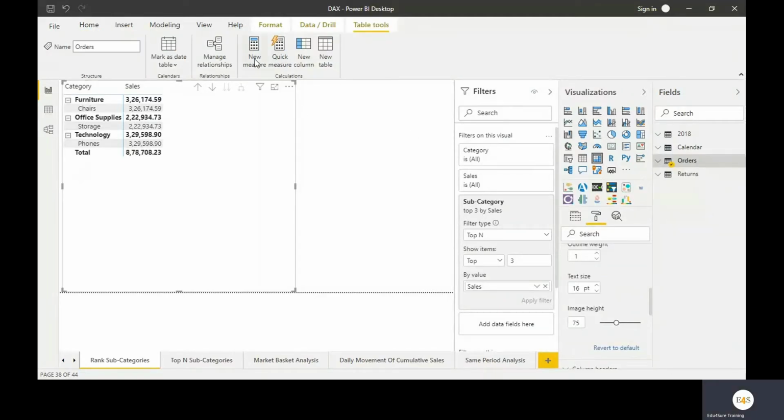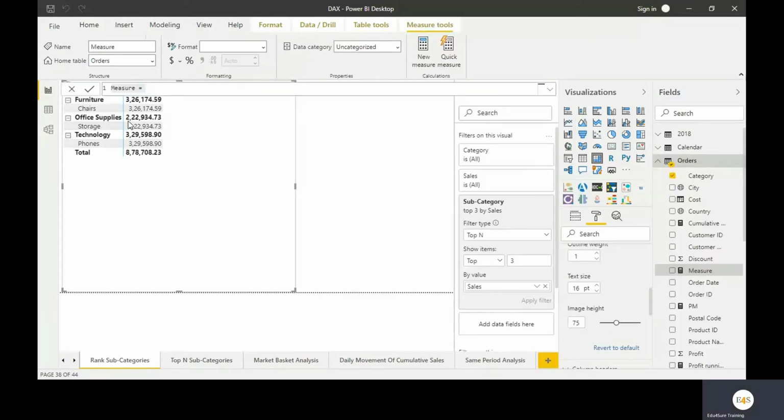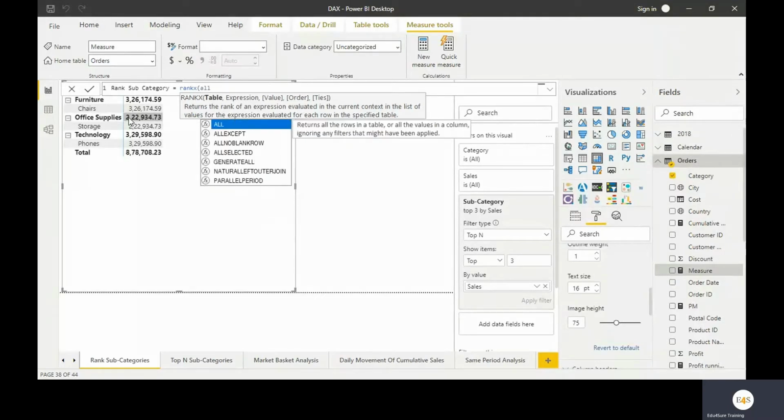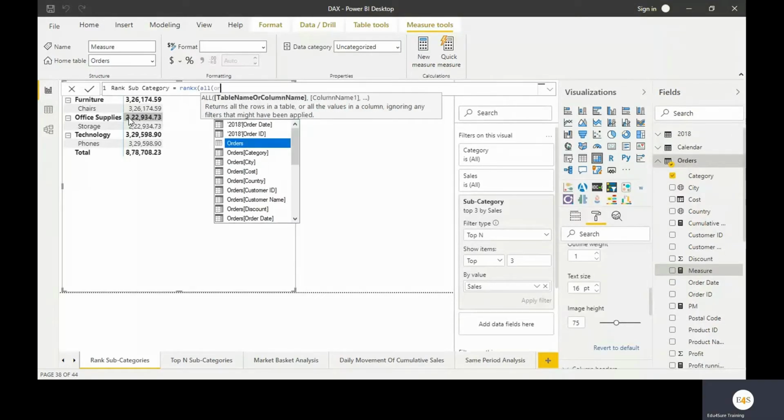So we will use a measure, new measure. Rank category. Which function we are going to use? RANKX. This is an iterator. The name of the table is Orders. But what we need to do, we will use the ALL function. I will tell you why to use the ALL function here.